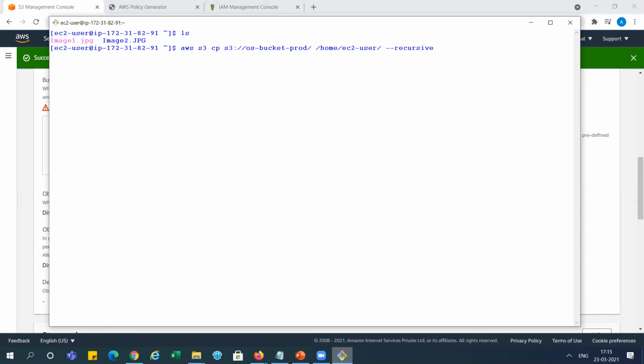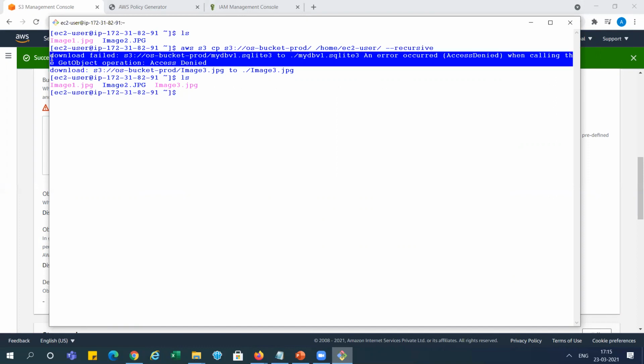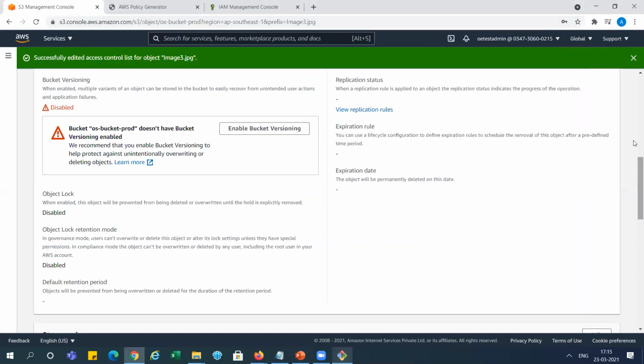This cp means just copying these things, and you can see here now I am doing ls. You can see it copied only image3, right? Because we have not given any access to the other file over there, so it is saying access denied. So this way we can give access to another person only on the particular object, for the image, right?